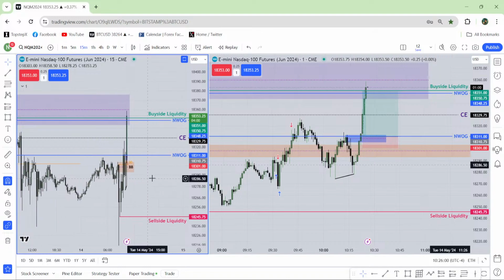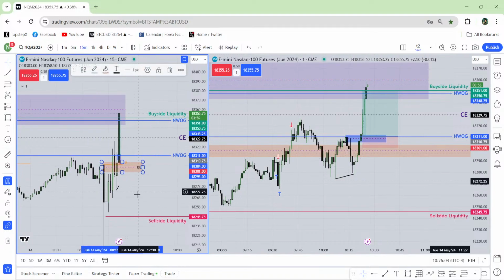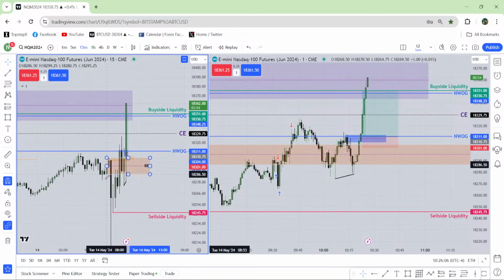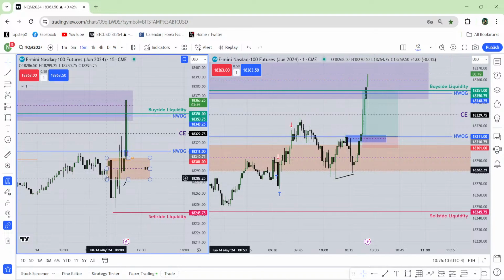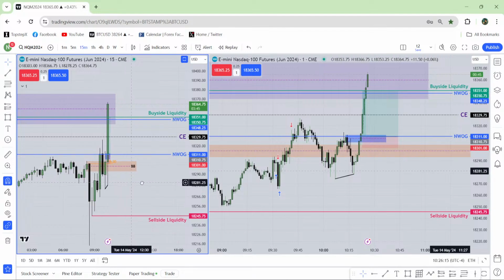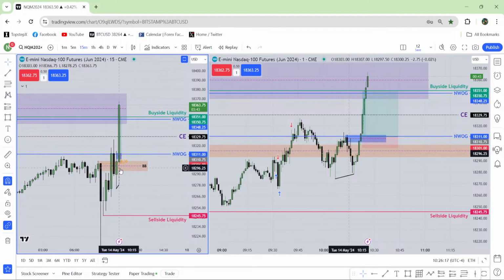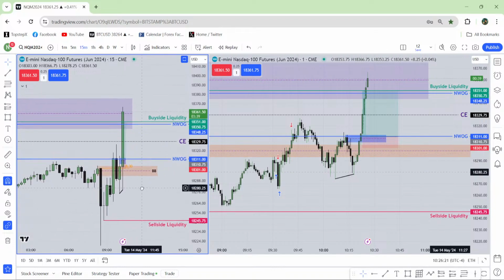I just told you that I got this breaker block. See this breaker block? Now you can mark this whole breaker block. There is nothing wrong. This is the mohawk. I'll just go lower with this breaker block. Do I have a breaker block? Absolutely we have, but we don't have any fair value gap. All I told you is that I love the breaker block.